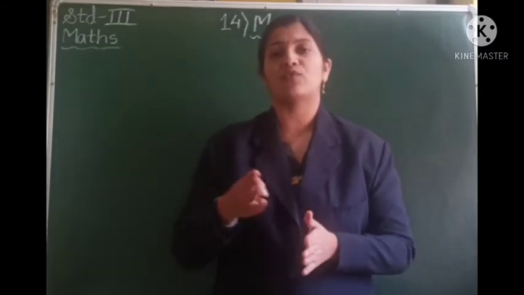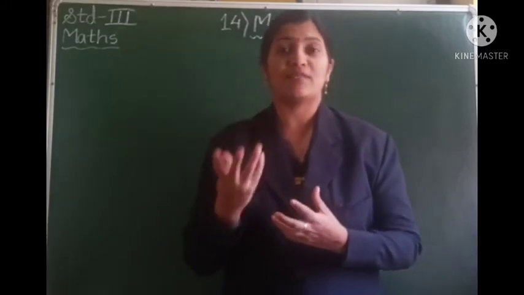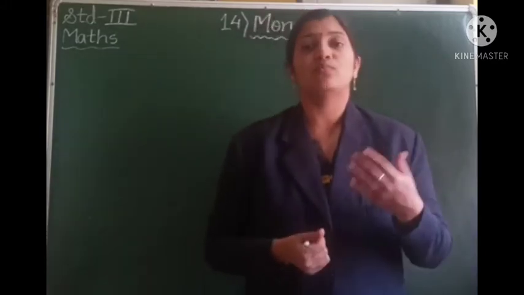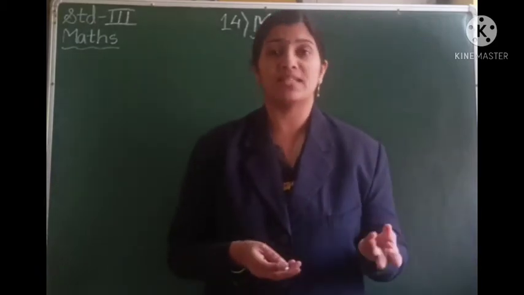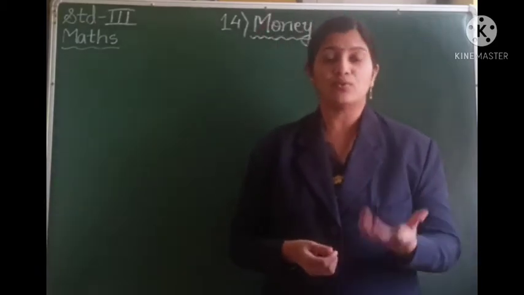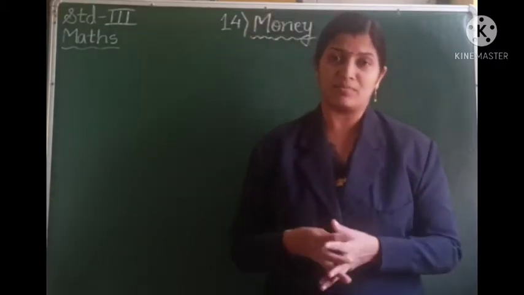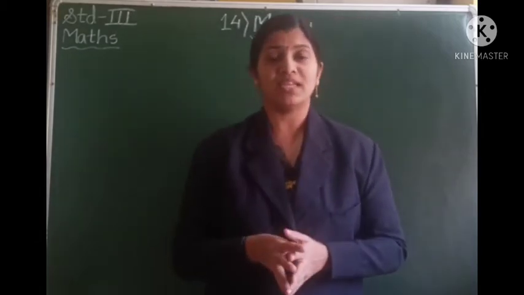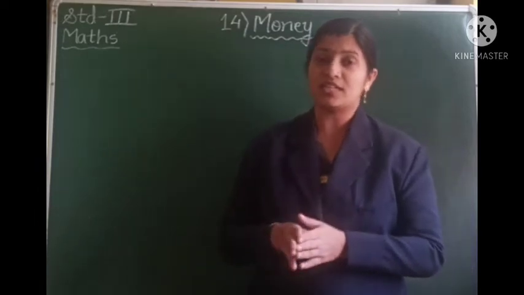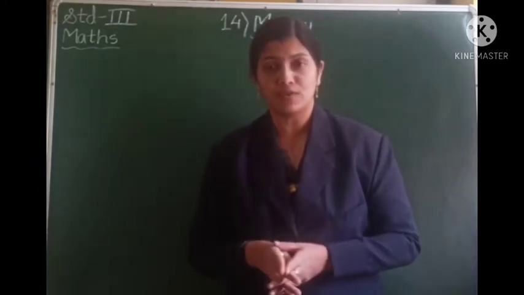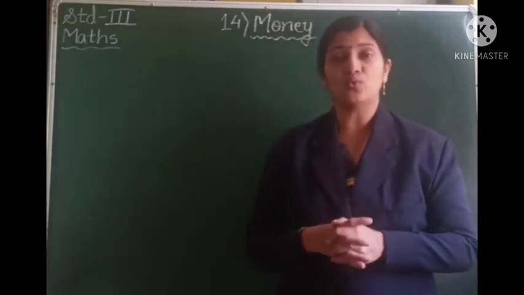Money is required for various things, right? To buy any vegetables, to buy fruits, to buy any grocery material. Even if you go to the stationery to buy a pencil or an eraser for you, you have to give the money. So money is required when you are buying some things, and this money is called currency. Each and every country is not using the same type of currency. The currency keeps on changing from country to country.